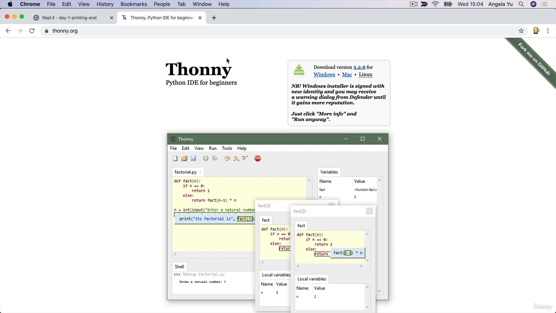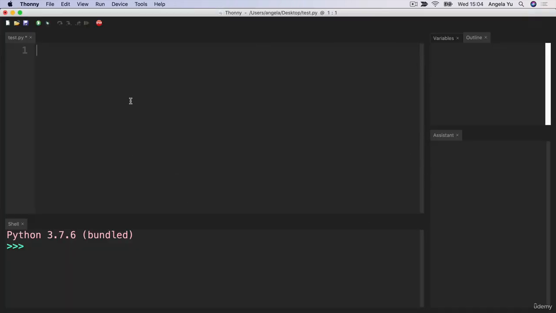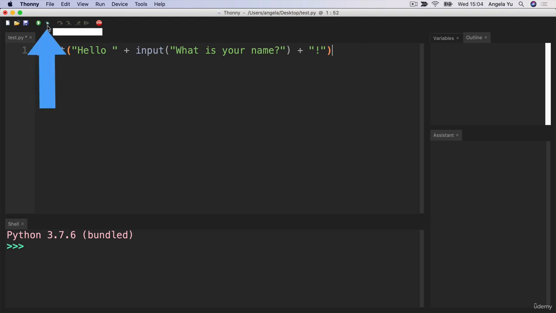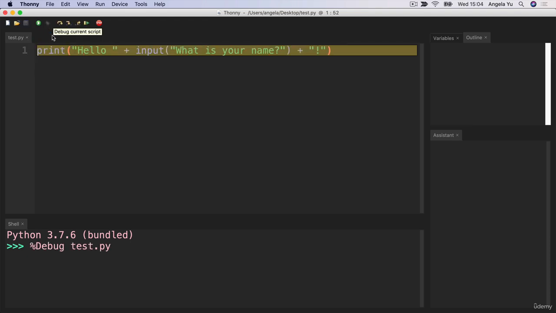It's completely free and it's available for Windows, Mac, and Linux. And once you've installed this application, you can go ahead and paste your line of code here and click on this little debug symbol. And then we can click on this button, which is called the Step Into button, to step into the execution of this line of code, to see how the computer is evaluating this code here,